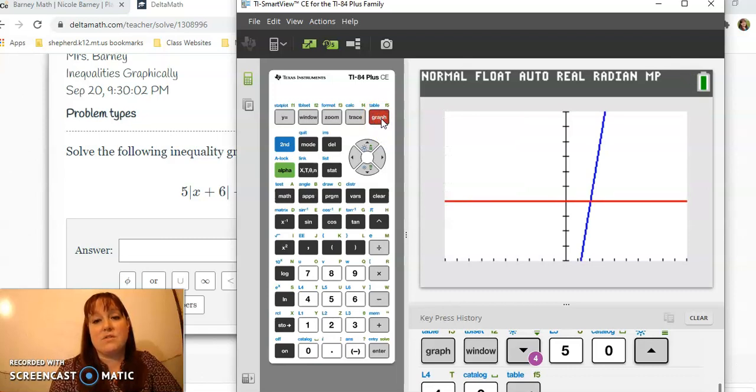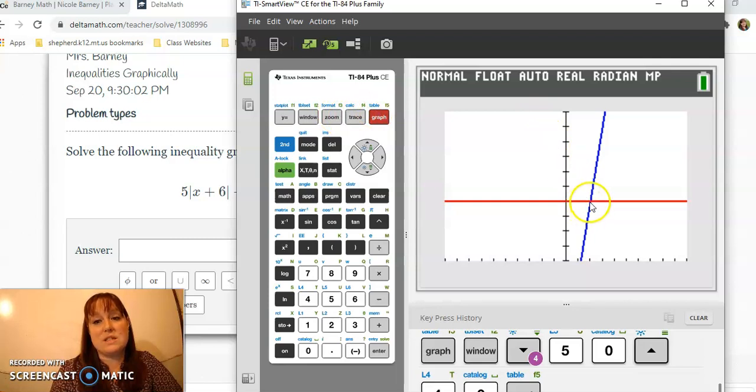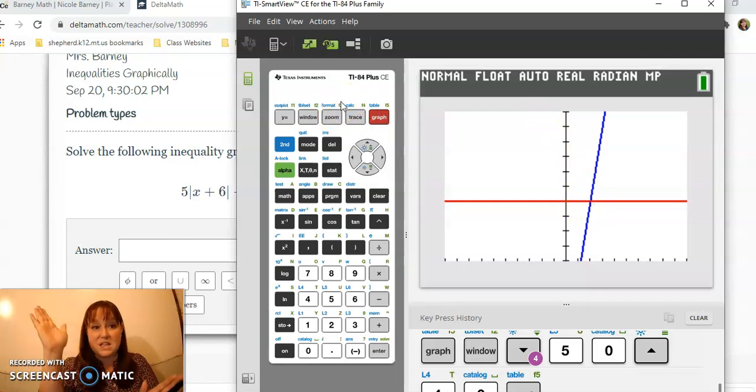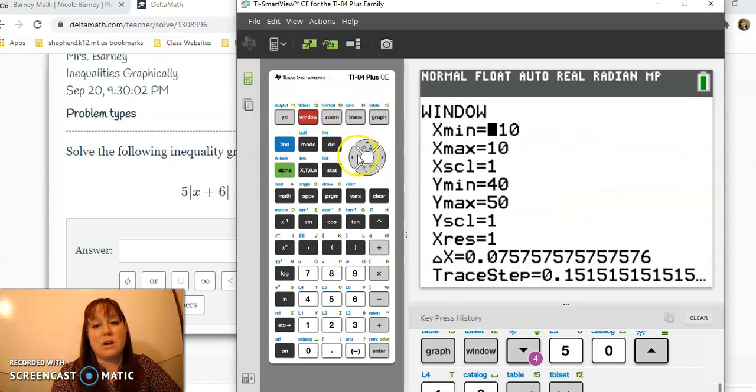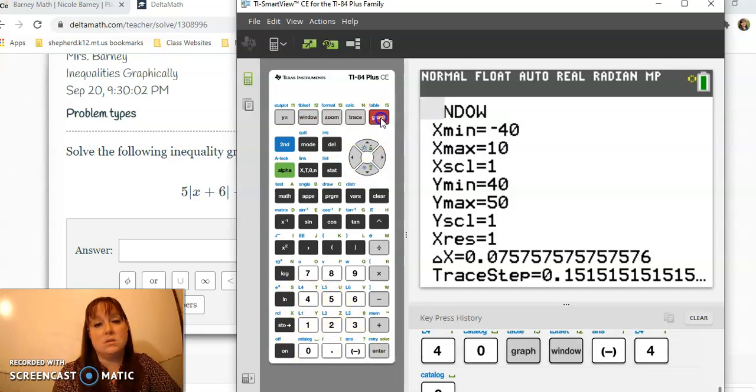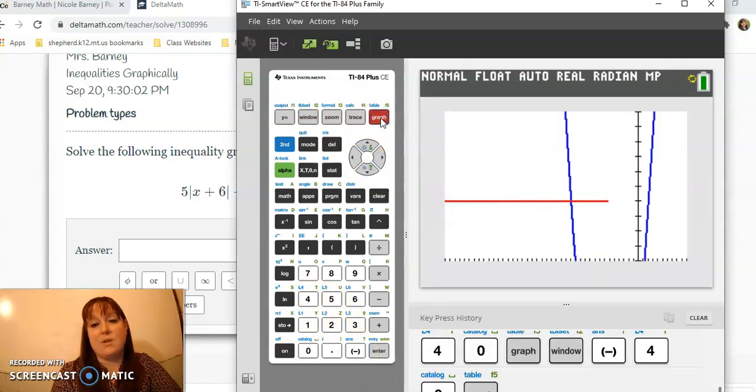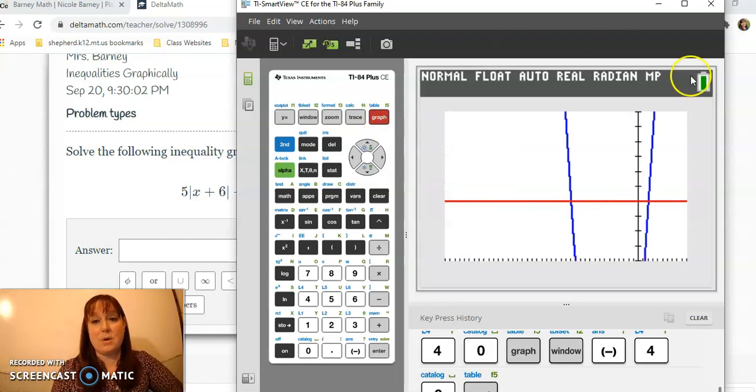So there we go. There's our v. Oh, but it only shows one of them. It only shows this side. So we know this is a v because it's an absolute value. So we're going to go back to our window and we're going to do our x min. I don't know, let's say 40. There we go. Now we see our v, we see the top part of our v, and we see where